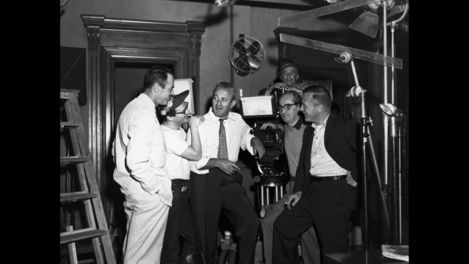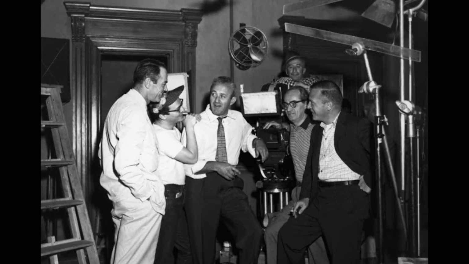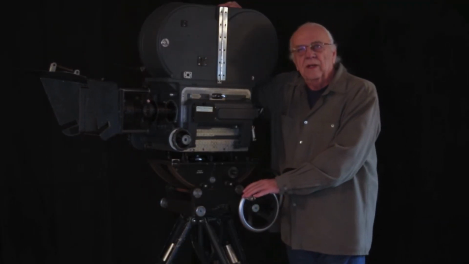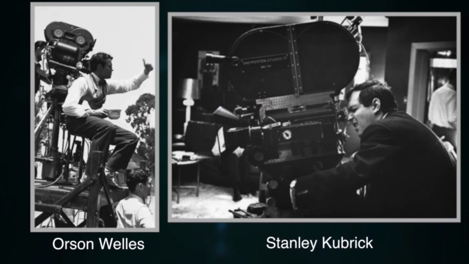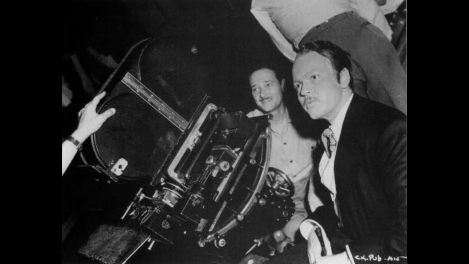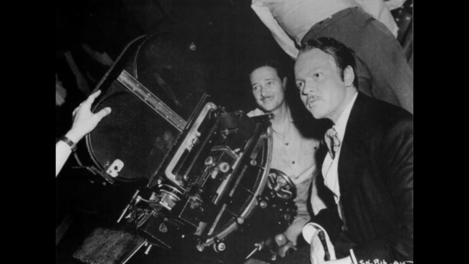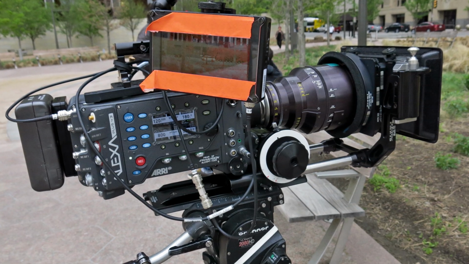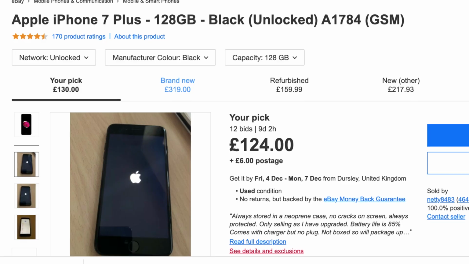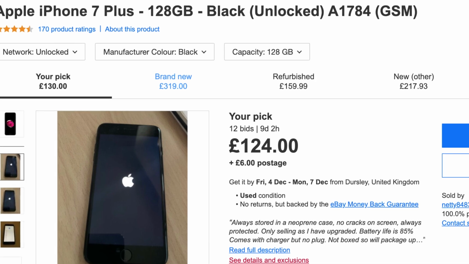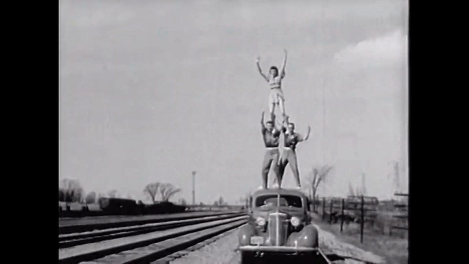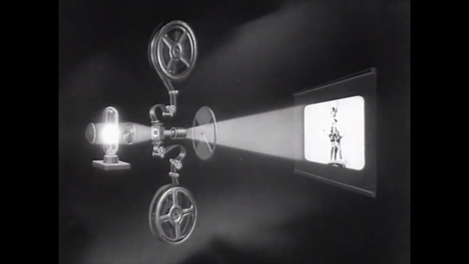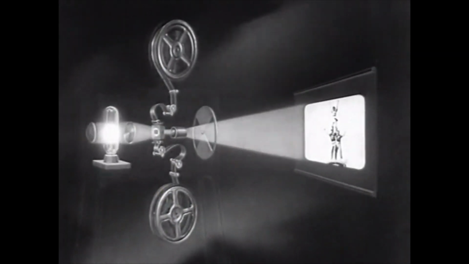In 1957, that would have been equivalent to about $15, and I doubt you could have bought one of these for such a little amount of money. And this is a Mitchell BNC 35mm movie camera, frequently used in Hollywood from the 1930s onwards. They used a camera like this to shoot Citizen Kane, and it weighs about 15 times as much as an Arri Alexa. And I don't know, probably about 1,000 times as much as an iPhone 7. And that shows you how much cinema and the cinematic experience had changed since 1957. But we can still learn from what cinema used to be as we move towards what the cinematic experience will become.